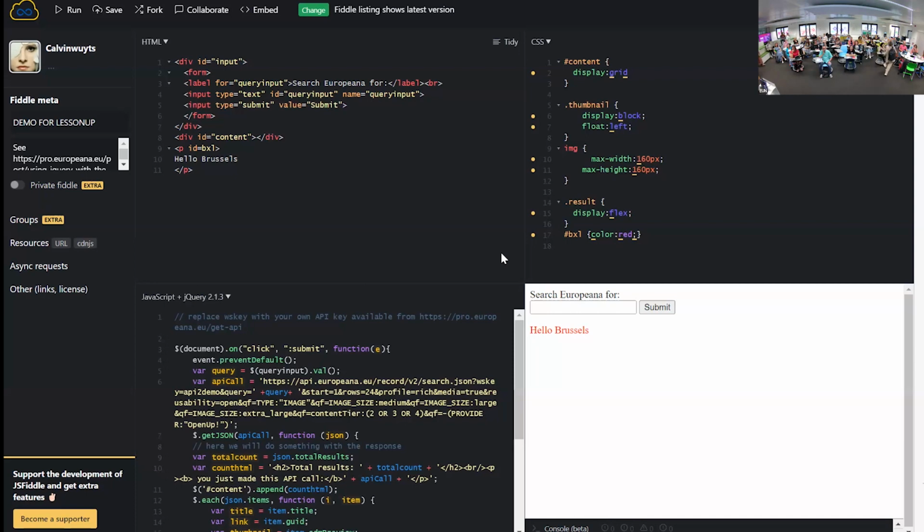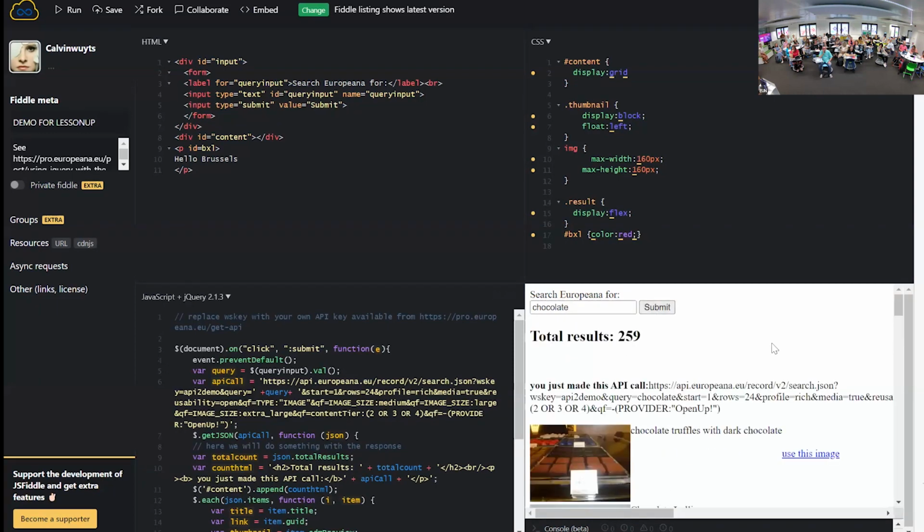Okay, the actual scary but interesting part is the JavaScript at the bottom. This is the actual programming that will interact with the API in the same way that we interacted with it through the browser yesterday. So looking through all of this code, this is the important part. It says variable API call, and then it gives a URL in the same way that we put in a URL yesterday. So if you would then go to this little box and say, let's search Europeana for chocolate, and submit it,